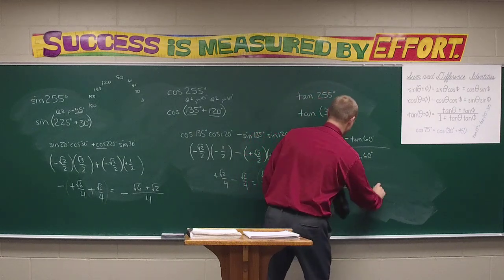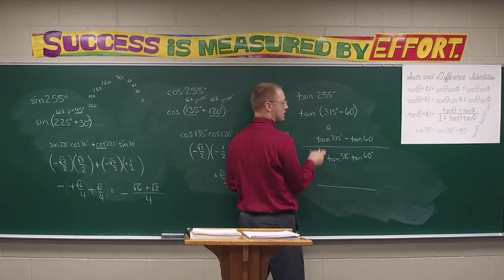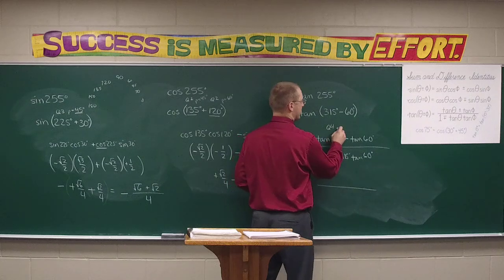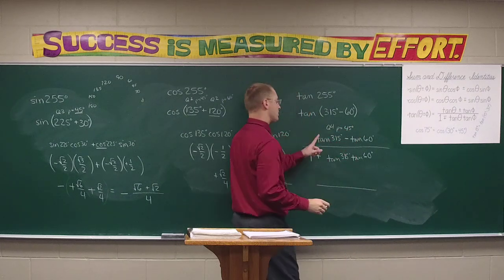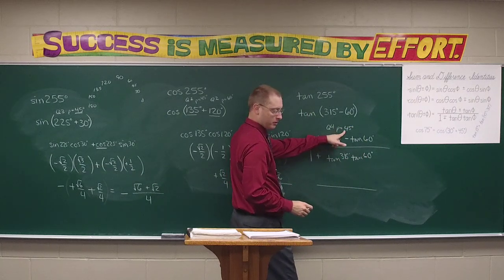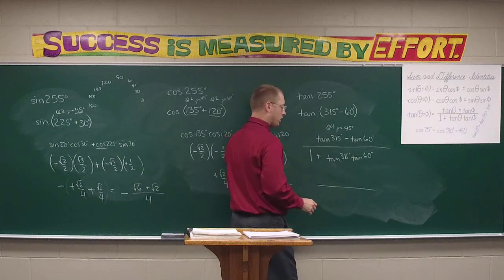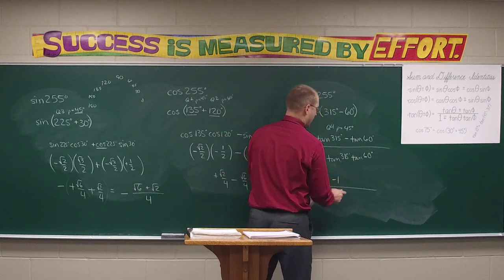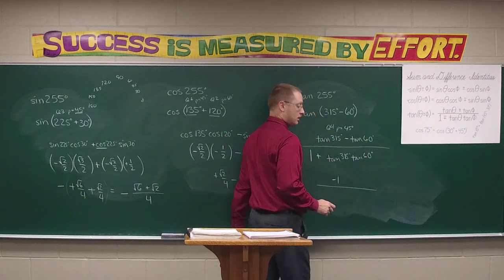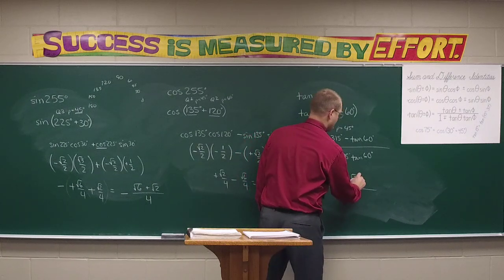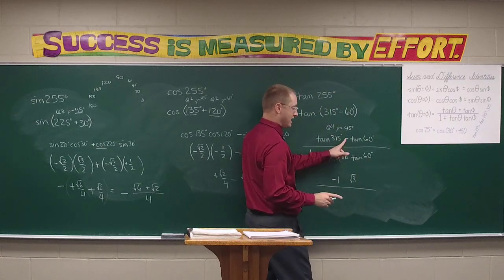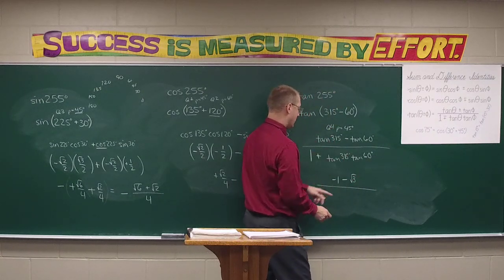Now, anytime it says 315, of course, that's quadrant 4, reference angle 45. So tangent of 45 is 1, but in quadrant 4, negative. Tangent 60 is square root of 3, and of course we keep the minus sign here, all over